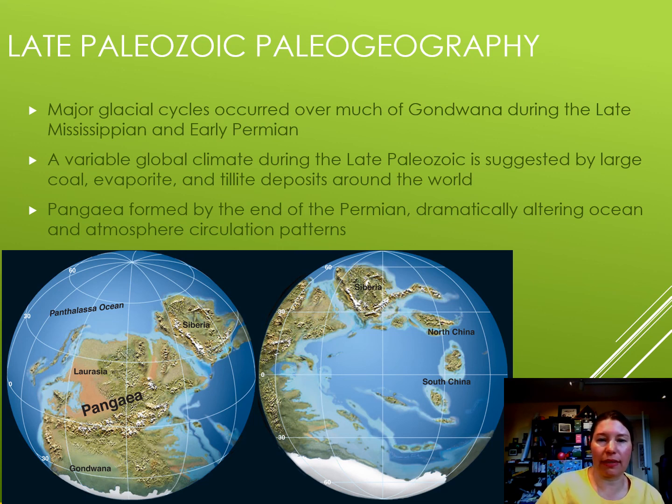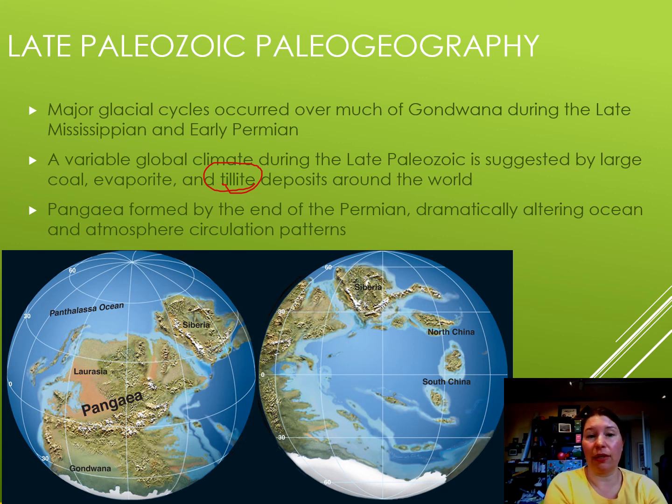So we could tell that we have a very highly variable climate because we know there were coal swamps, there were evaporite deposits and other bodies of rock indicative of deserts, and also something called tillites. And tillites are bunches of sediment dumped at the edge of a glacier. So we know there were obviously glaciers too. So lots of different things going on with climate throughout the time period.